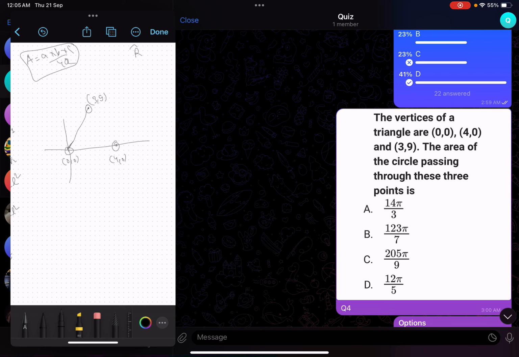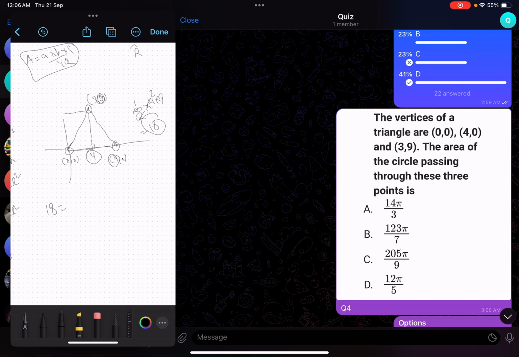Notice this thing. If we join this, this is our triangle. Our base is 4, we know base is 4, and the length of this side is 4 as well. Now if we want to find the height, it is basically the perpendicular distance. So if you draw a perpendicular from here, this is our height, and height is basically the distance to the y-axis. So this is 9. So area will be half of 4 into 9. 2 fours are 4, 9 twos are 18. So area we got as 18.